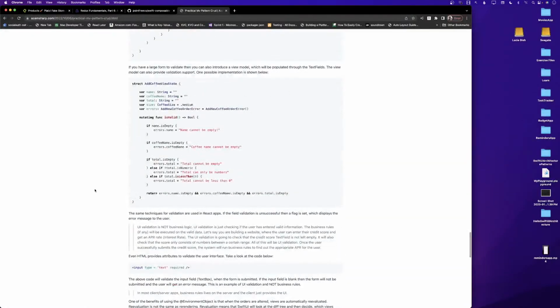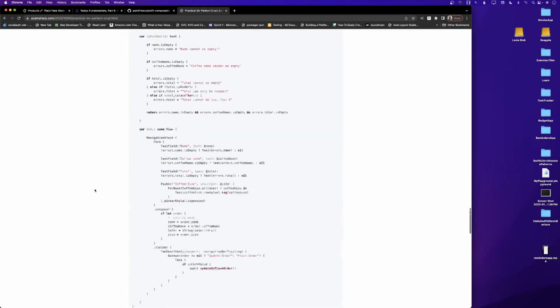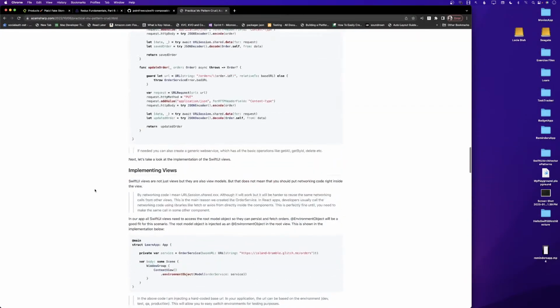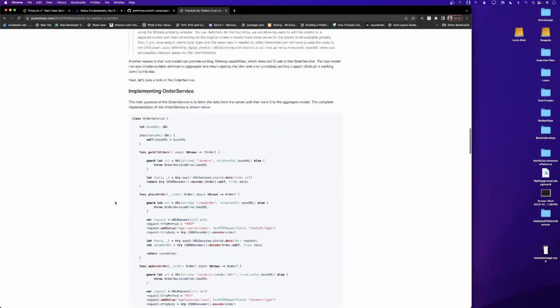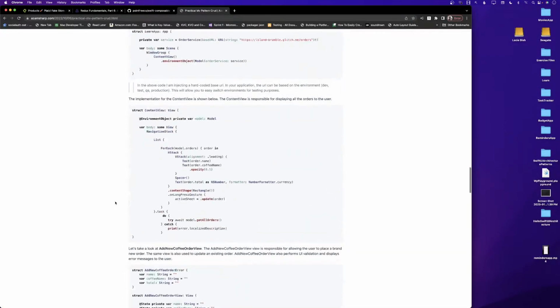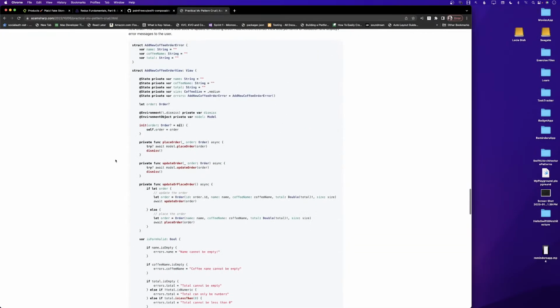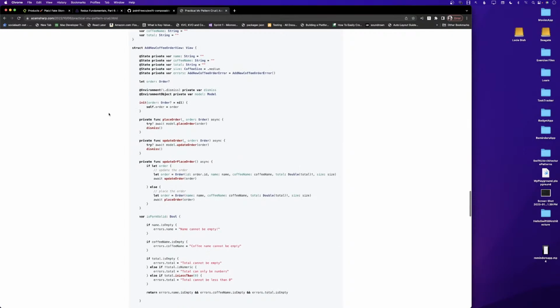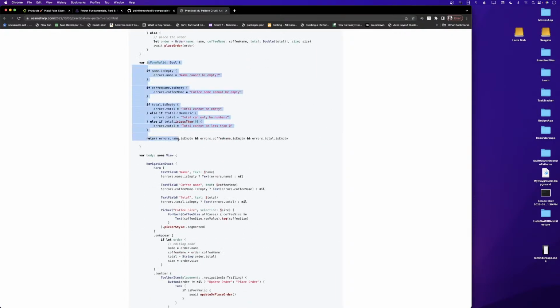Yeah, this looks about right. Implementing views, order service. There should be some section about validation over here, or maybe in some other article. Yeah, you can see the validation right there. I can link this article, or it might be in some other article that I wrote. And I think I have a YouTube video on that also.